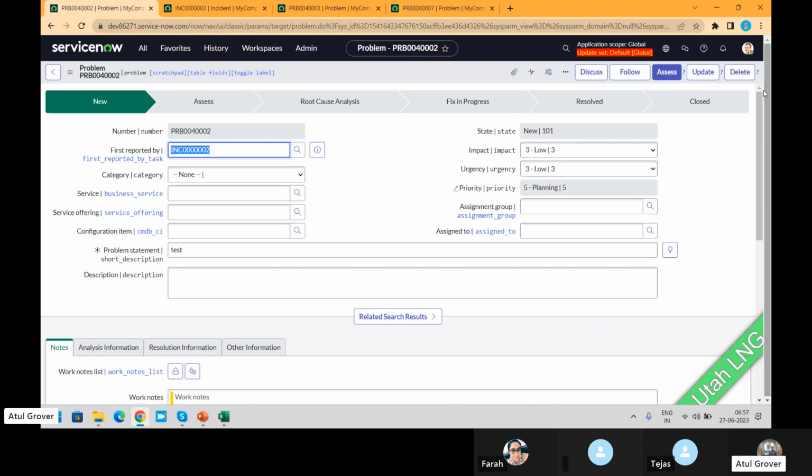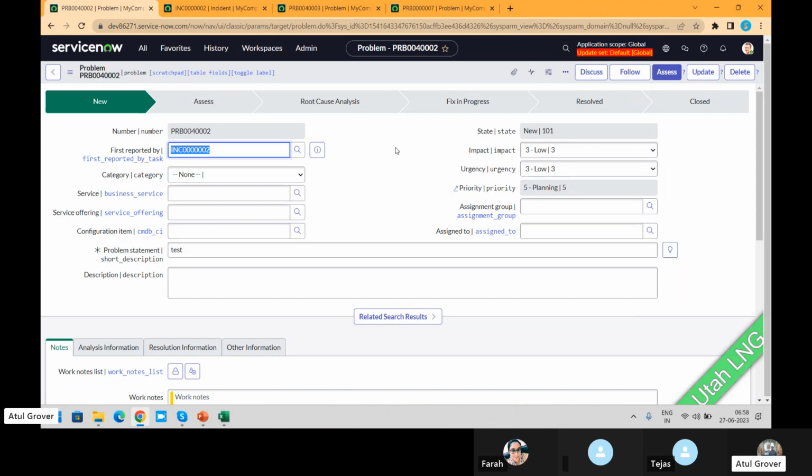I'm sure some business case or some customer asked for this solution from ServiceNow. Or simply I can say it can be just to enhance the user experience. Nothing else. Clear, everybody? Okay. Good, Farah.